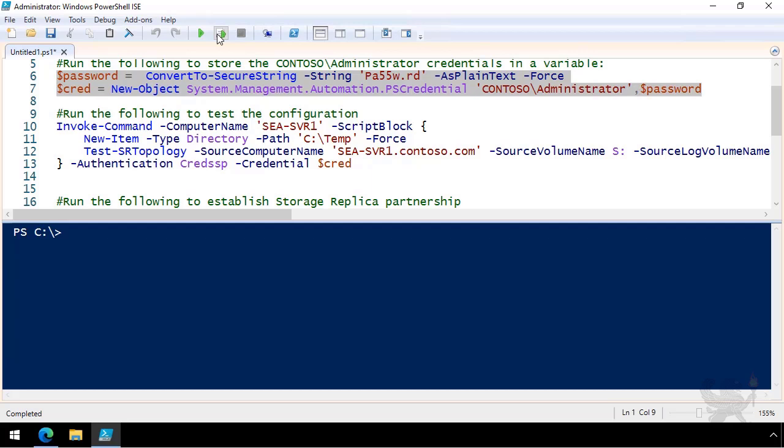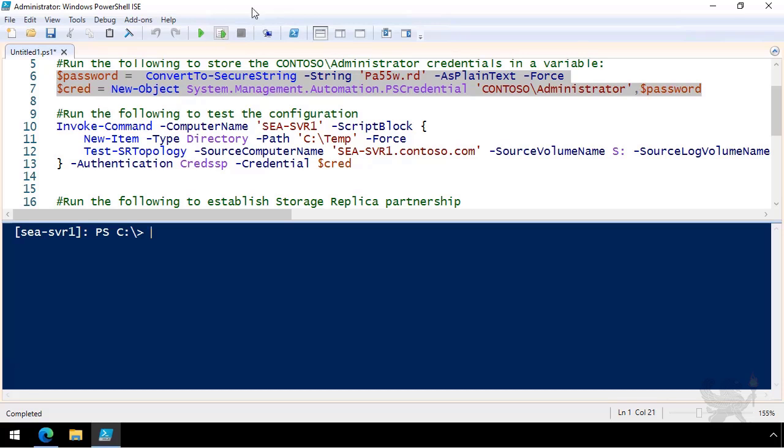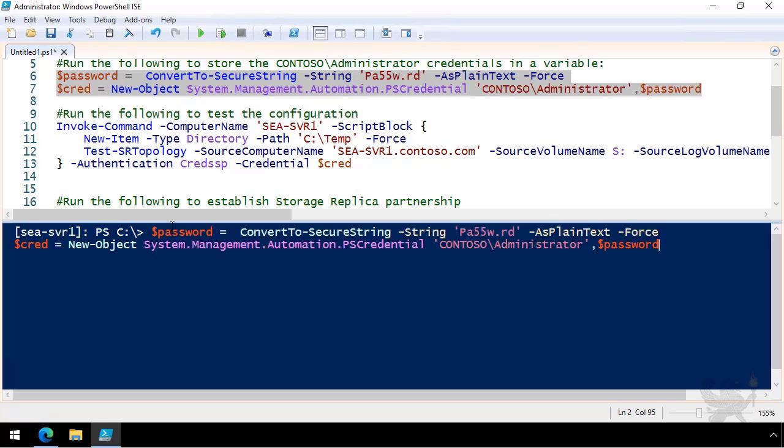We start off in PowerShell ISE. We use Enter-PSSession SEA-SVR1 to establish a remote session to server SEA-SVR1. The next thing we do is put our credential that we're going to use to set up the partnership into a variable. Once we've done that, we're going to run a test to verify